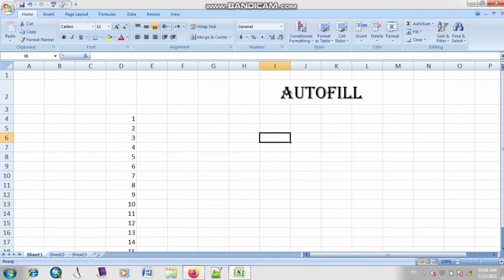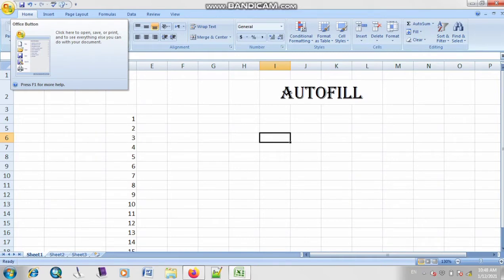Now let's suppose we are working in a company, in a department, or in a school, and I want the data of all my class's different student names. Can I use it? Right. For that purpose I will move to the office button. Now what is the use of the office button? Adina, can you tell me what is the use of the office button?